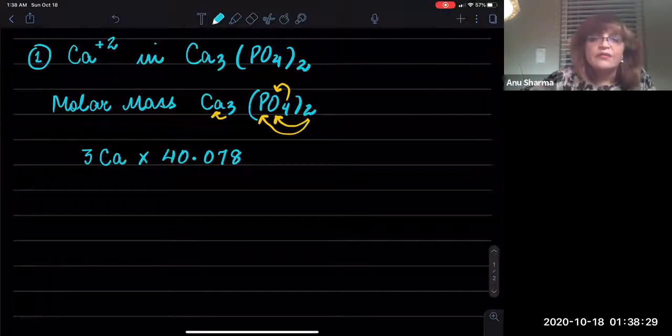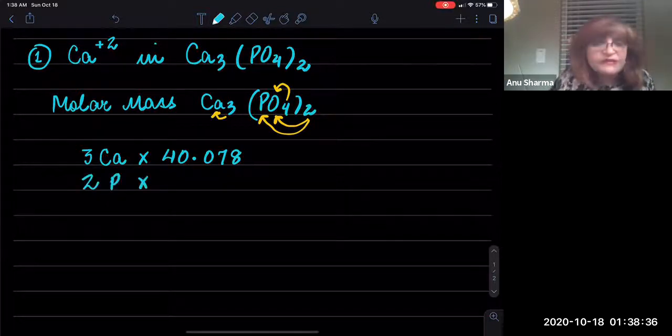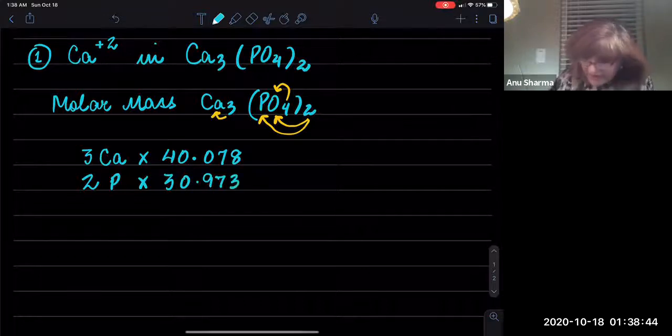Then we get the 2 phosphorus, and the phosphorus is 30.973, and then you have 4 times 2, 8 oxygens, and those 8 oxygens are